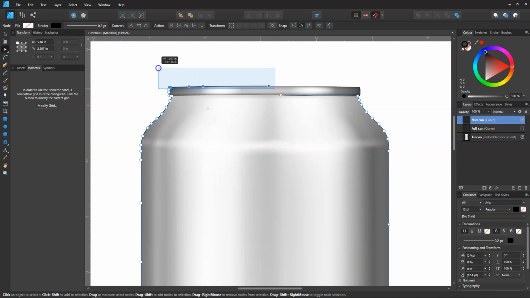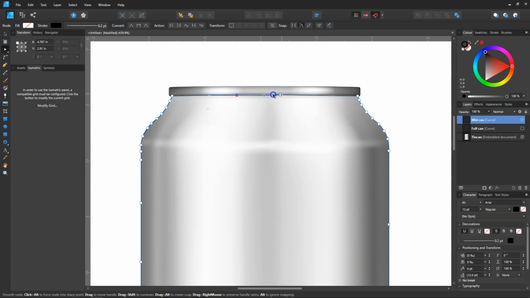I'm going to do the same with this side, delete all of them and delete a couple of these, then grab that, convert that one to a smooth, and then shift and click and hold and highlight both nodes and then close the curve, and it will rejoin the curve for us. Now all we need to do is just match that up